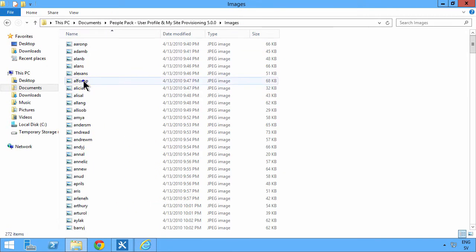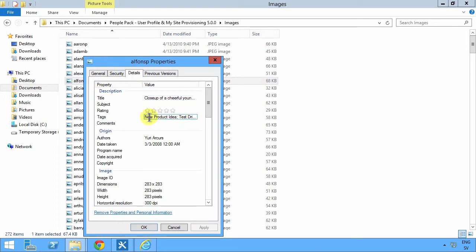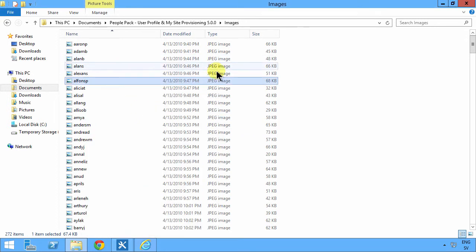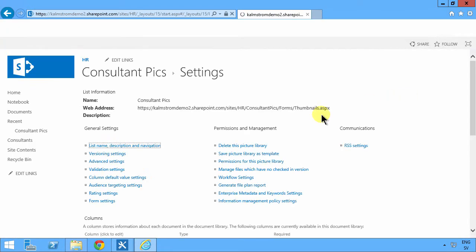Nothing strange with those images, but they are tagged. If I go into properties here, you'll see that they have details here. They have a bunch of tags on each of these. So before I start importing my data into this, I go into library settings and